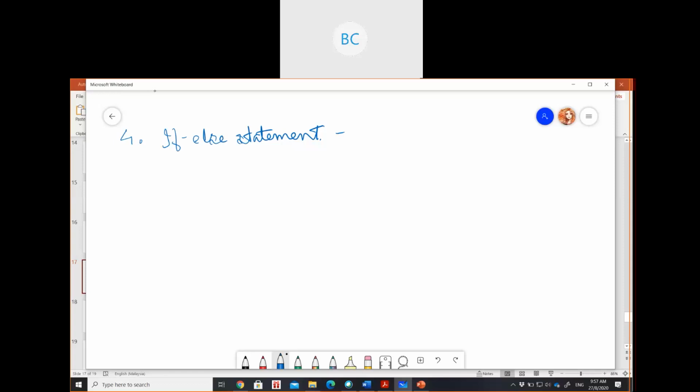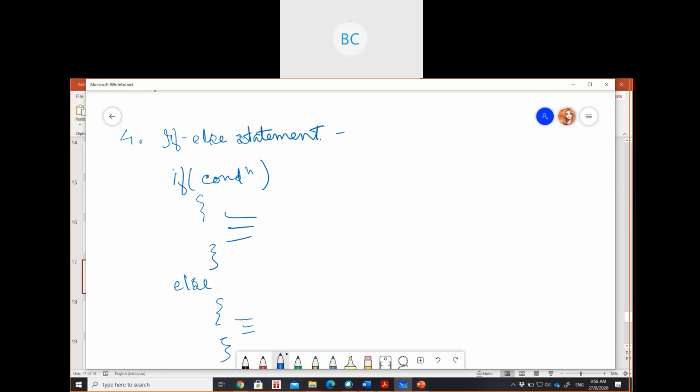Sometimes in some programs we are going to take a for loop inside if else and so on. The general structure is: if a condition, then this statement, then else, then there will be some statements again.